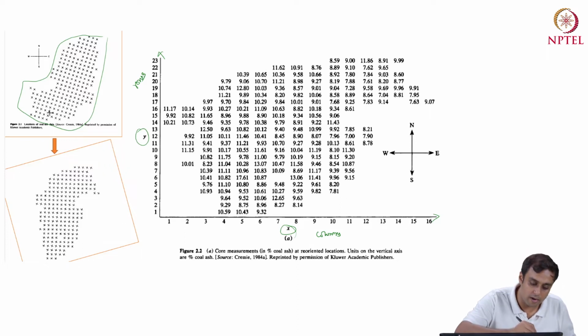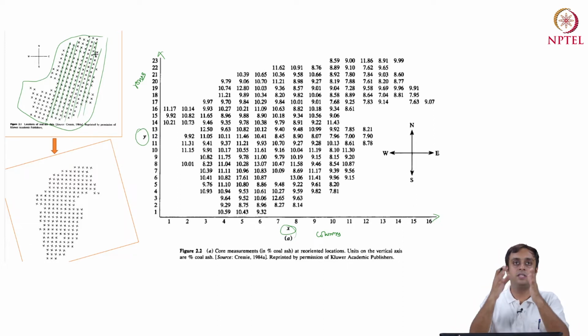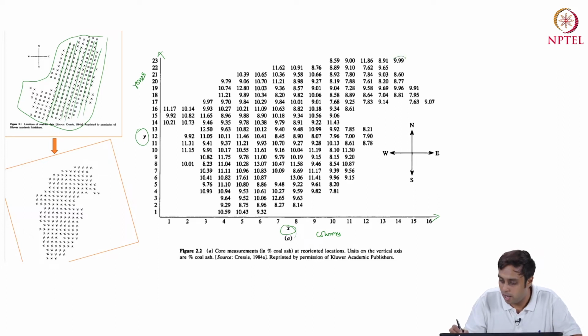Indeed, the data were sampled in rows and columns, right? They were just in an orientation in space that we could simply change a little bit, and it gives us a very nice XY orientation to start working with. Another thing in this representation is that instead of simply putting a cross, what we are putting are the values which represent percentage coal ash at that location, right?